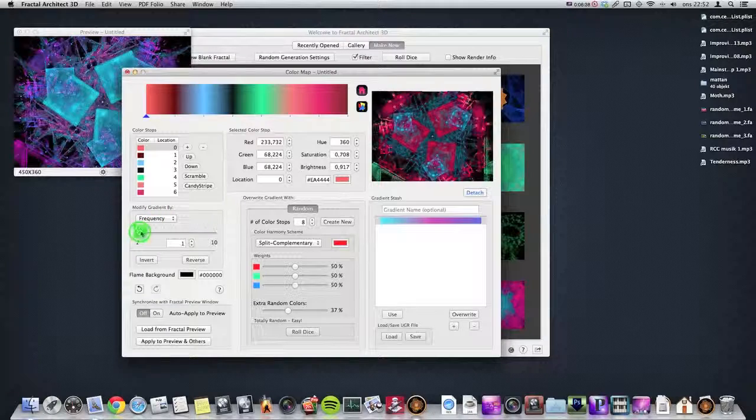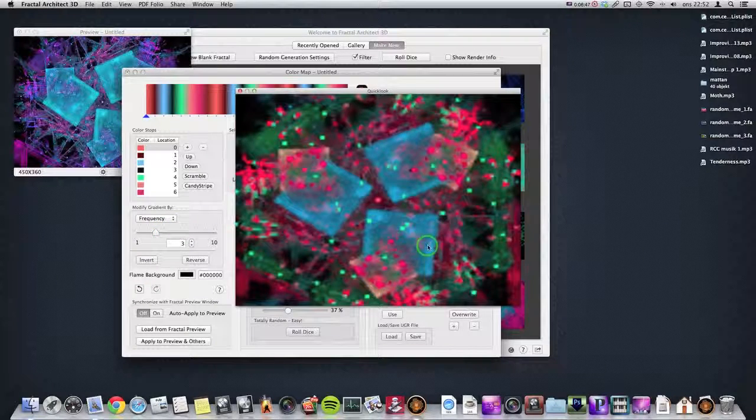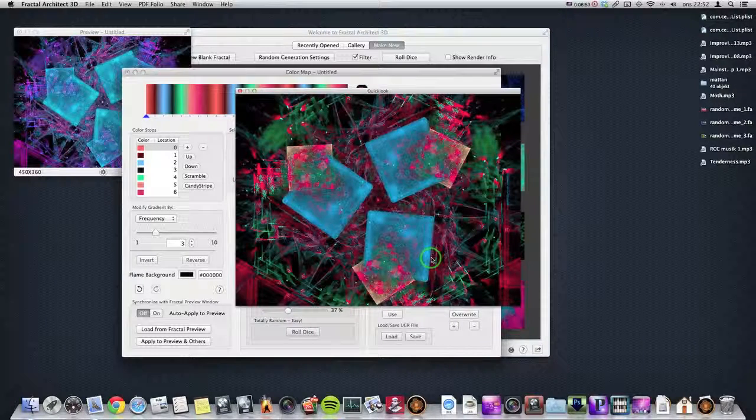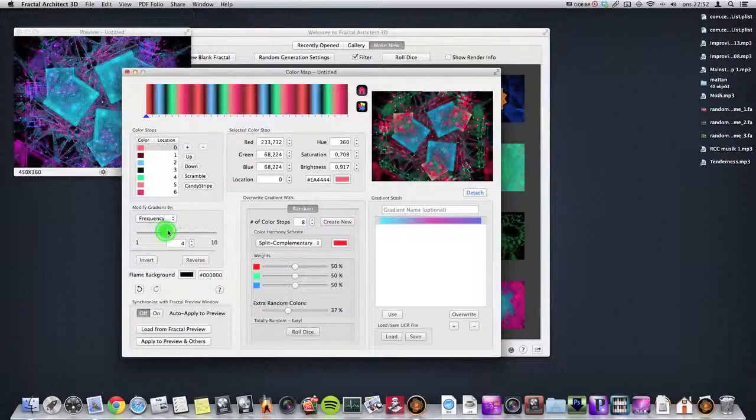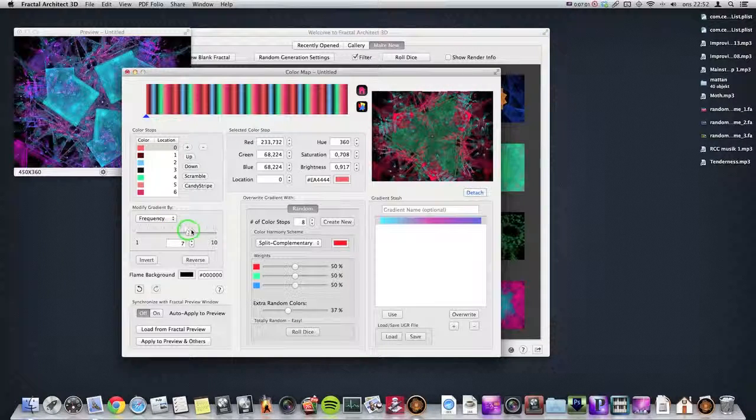And if I set this frequency to 3, you can see that they are not the same color anymore. Squares are blue and the circles are red. No, they're not. They're still blue. They don't do as I tell them. Well, anyway,